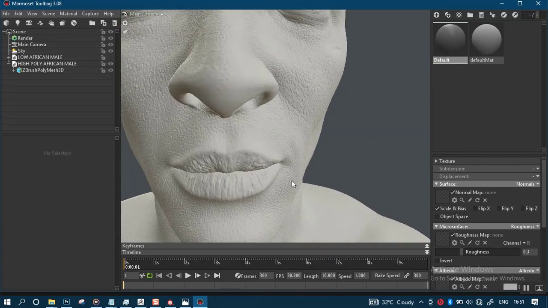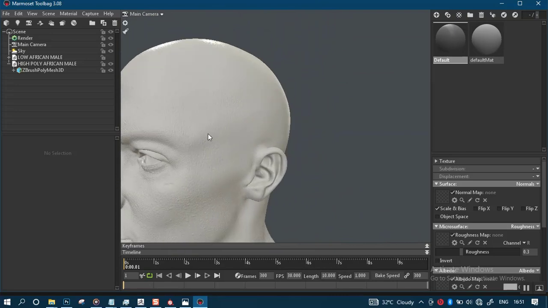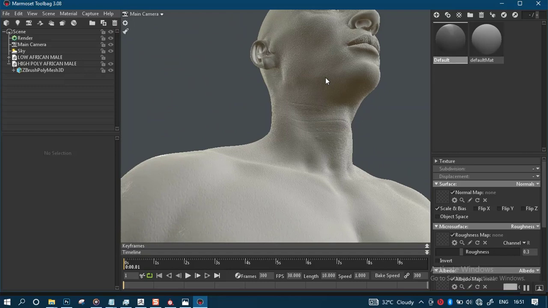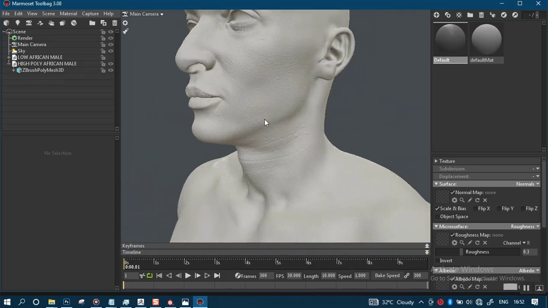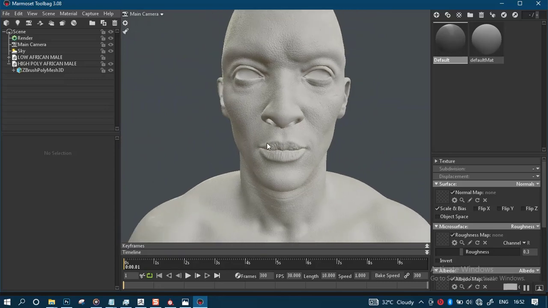So if you take a look at this, you can see all the details in there. All the details are actually there. This is the high poly, but we can't use this because it will just slow down our PC way too much. So we don't use the high version. So what we'll do is